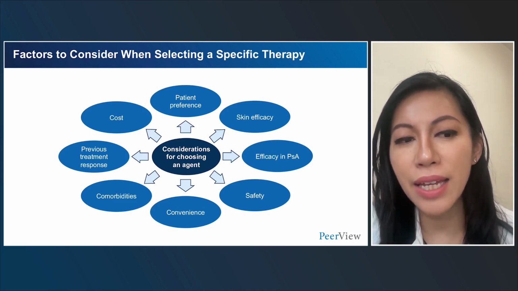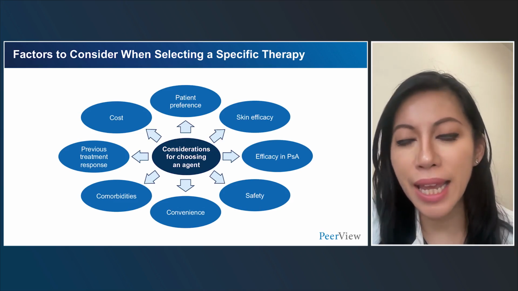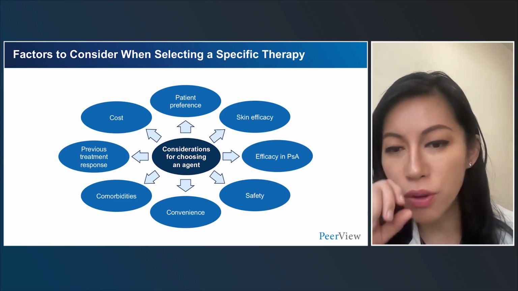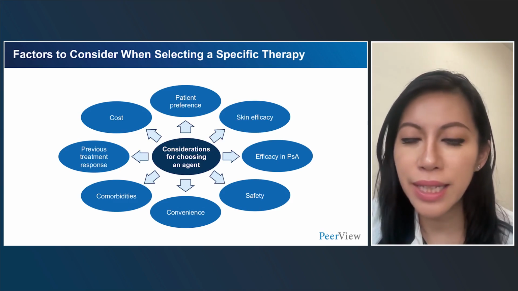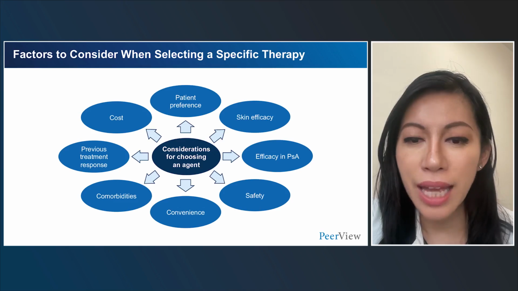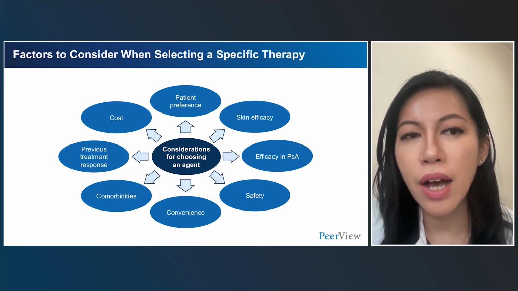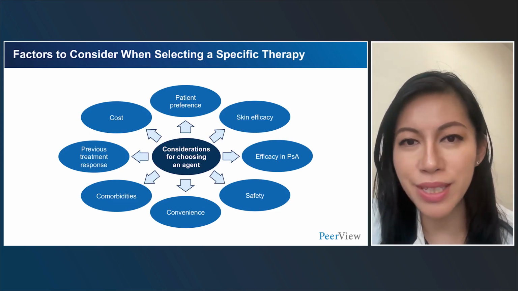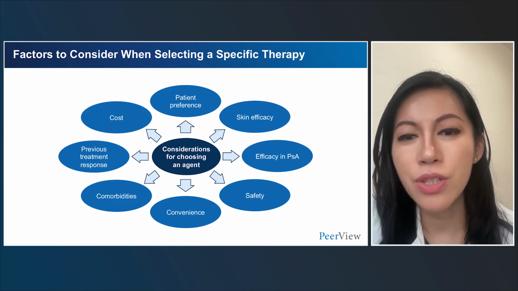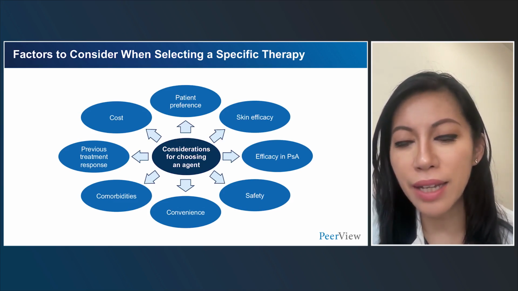And then I say, based on your presentation and your preference, and also, of course, we look at their insurance status to see what they can gain access to. I'd say my recommendation is this, and what do you think? I don't present them with all of the different systemic options and say, pick one, because it can be very difficult for our patients. So I offer a direct opinion and then get their thoughts, and I get their feedback,